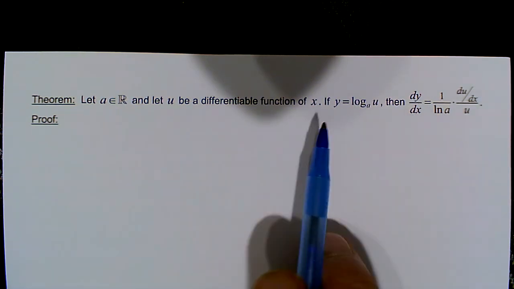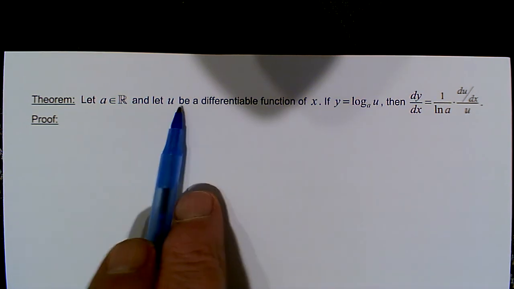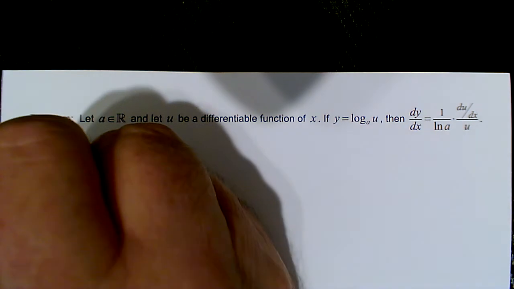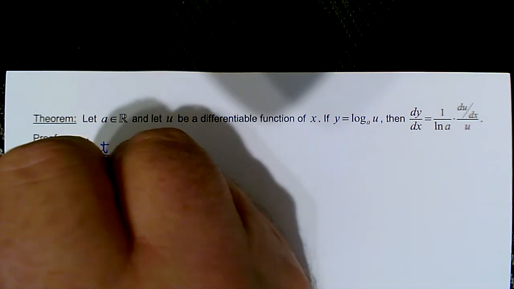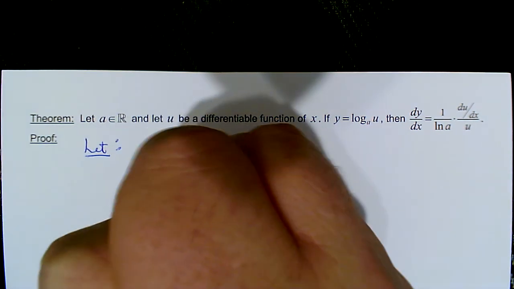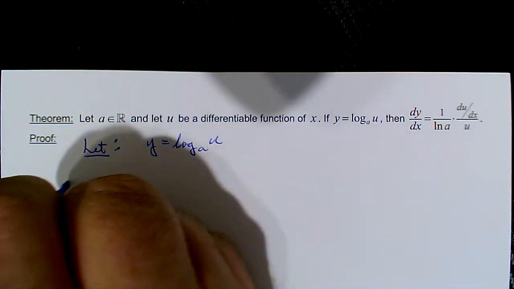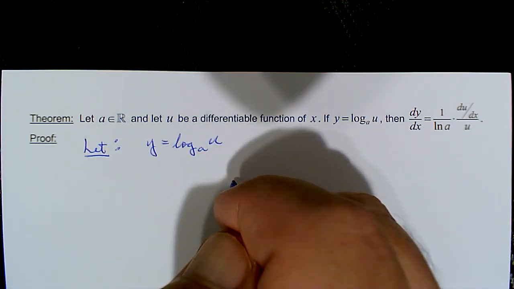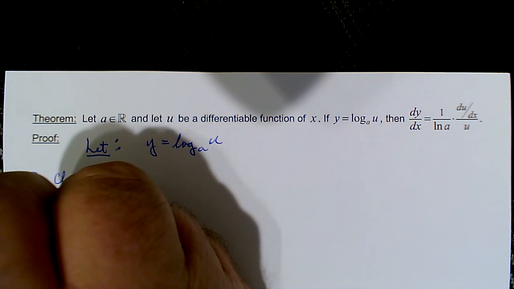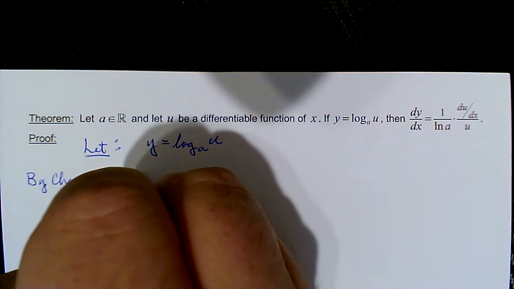So we have the little disclaimers, don't worry about them, but a is real, u is a differentiable function of x. And we start with the given. So we're going to let y equal log base a of u. Alright, so then what we do is we use the change of base theorem. So by change of base theorem, if you want to write it,